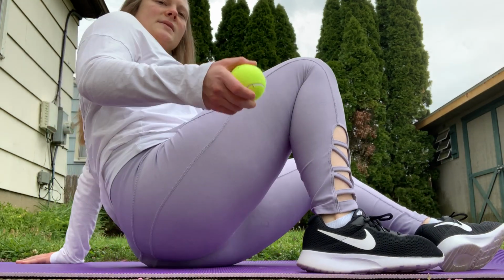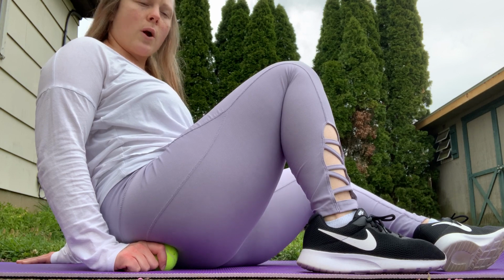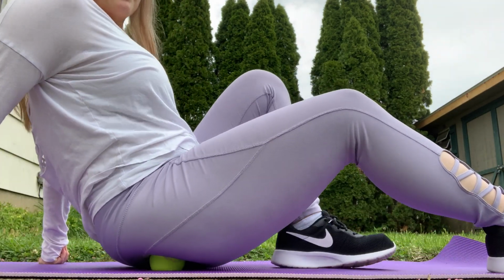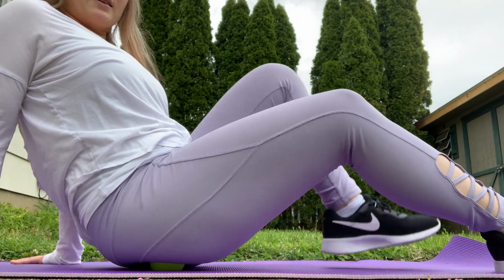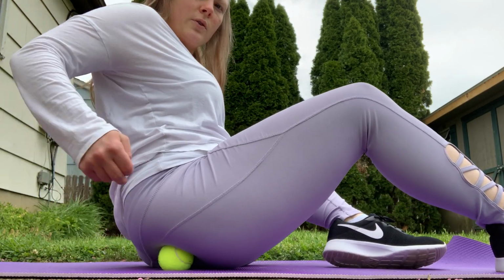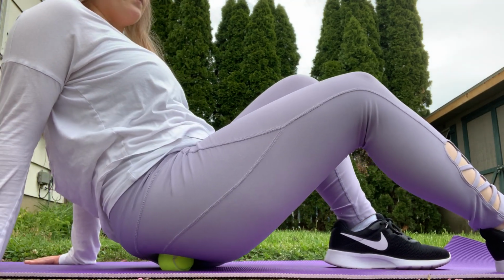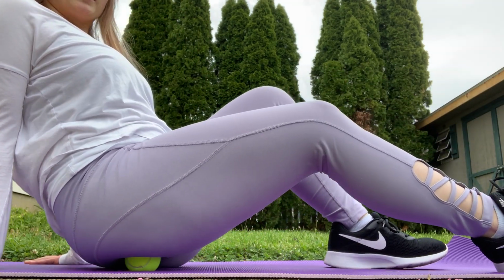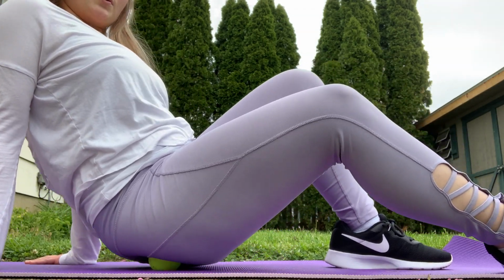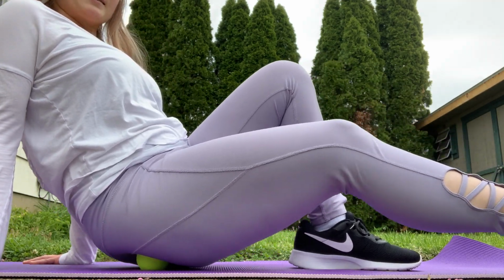And do the same thing. So we're gonna do the cross fiber friction, the stripping, and the trigger point work. So put the tennis ball under your glute, in the meat of it, using your right leg with a bent knee, using that to help support you, using your hands, fists, arms to support you. Working up and down on the glute, doing that cross fiber friction, keeping that left leg kind of relaxed,